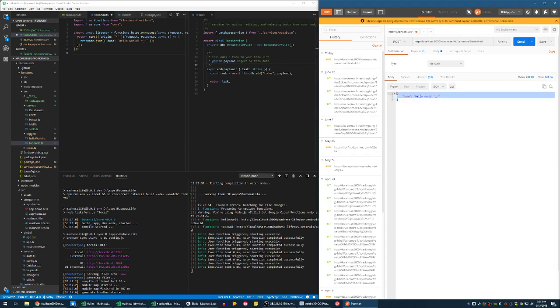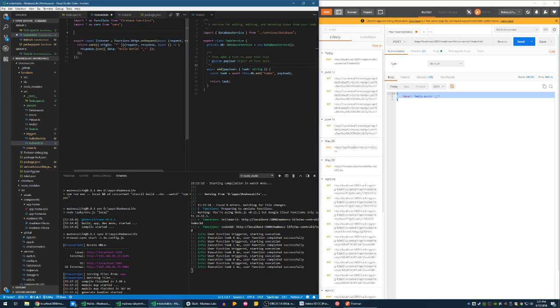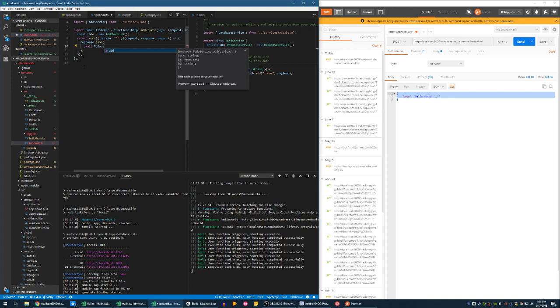So let's go ahead and import our service. So now we can import to-do service from services to do. Cool. And let's go ahead and down here, what we're going to do is run a response with, first off, let's initiate our to-do service. So let's say const to-do equals new to-do service. And now we can say await to-do dot add,